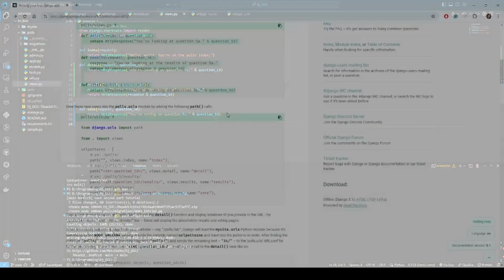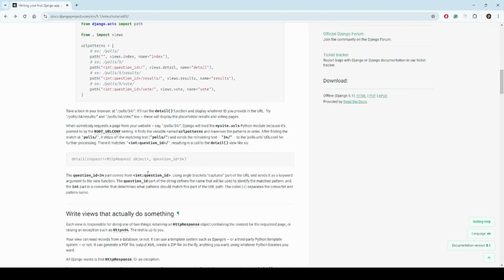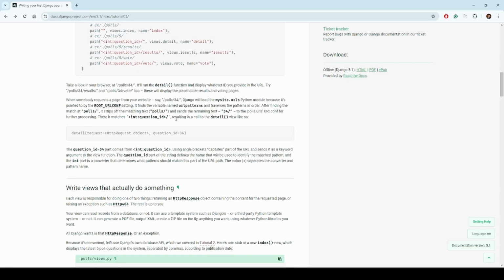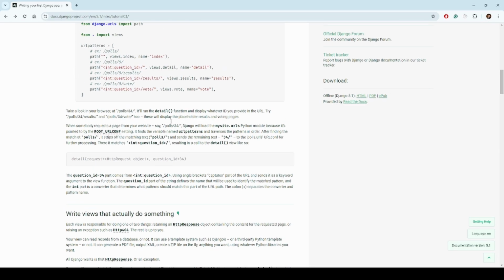So save this. So now it says here, take a look in your browser at polls 34, for example. It will return the detail function that is displayed, and whatever ID you provide in the URL, for example, try polls 34 results and polls 34 vote, this will display the placeholder results and voting pages. So this means that anytime that you create a path and you go to a path, when you write this kind of code,